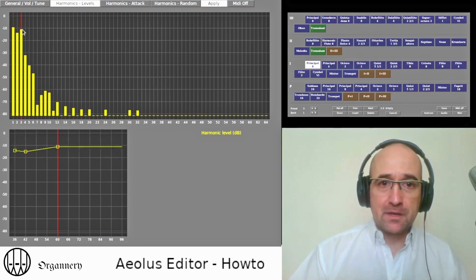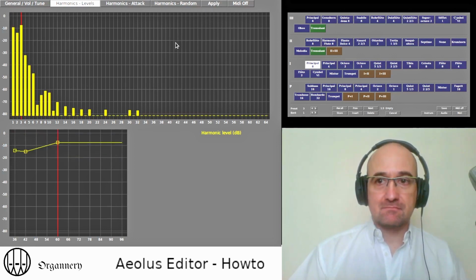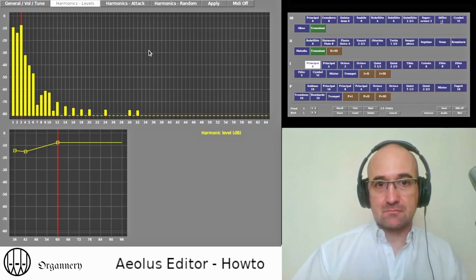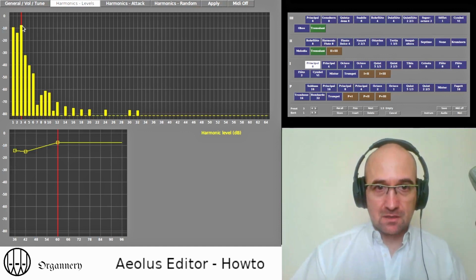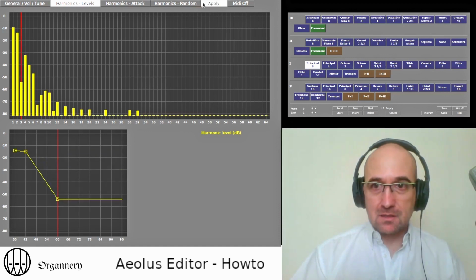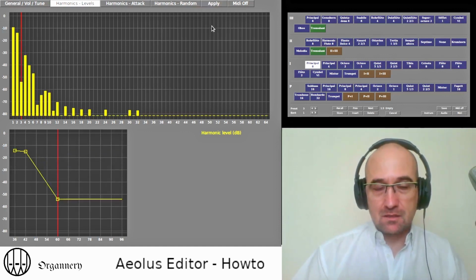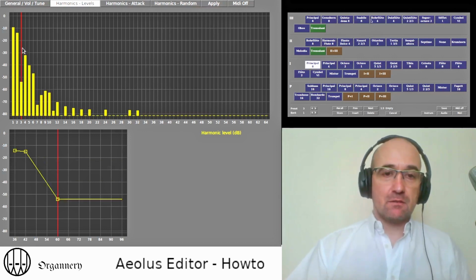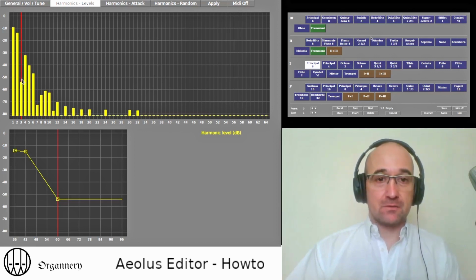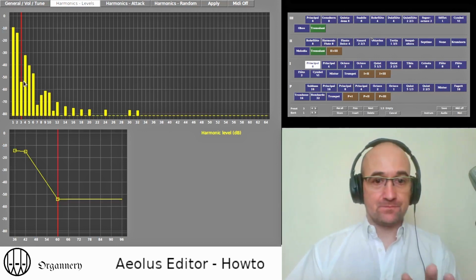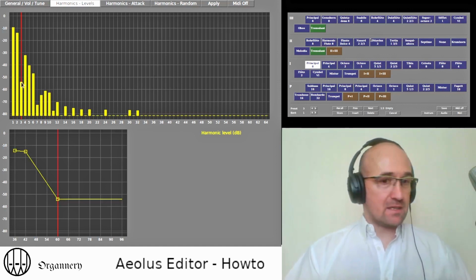Let's bring the third harmonic up. You have that kind of sound. And you can see that only changing one harmonic level can have a dramatic impact on the sound of the rank, I mean the pipes.